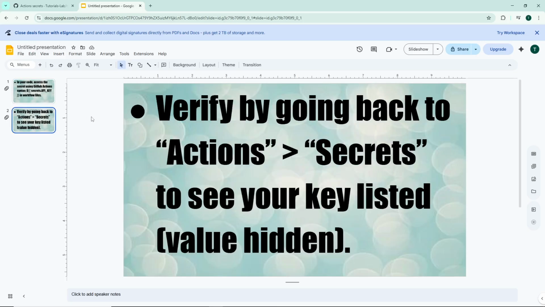Finally, verify everything worked by going back to Actions, then Secrets. You should see your key listed there with its name visible, but the actual value will remain hidden for security purposes. And there you have it. You've successfully hidden your API key on GitHub, protecting your sensitive credentials from